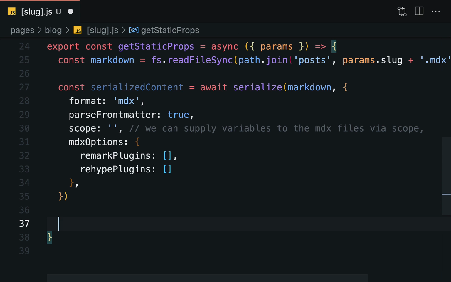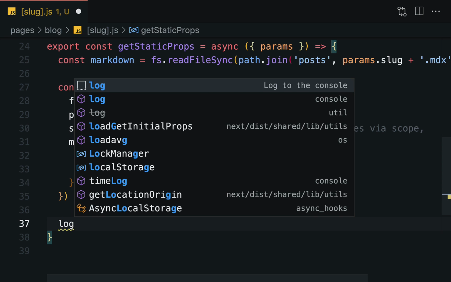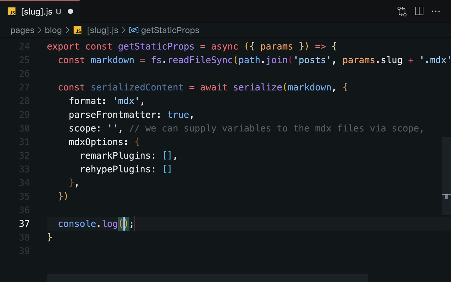The next thing I want to do with you is log this to the console. And it's important that whatever you write, if you see something new, you try to log it to the console so that you see the data inside of it. This is so that you know what you're doing. You're not just copy pasting code, or just typing whatever I'm typing. You have to know what you're doing. So this is console.log serialized